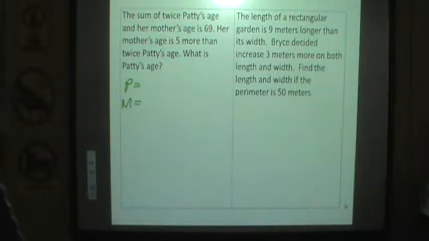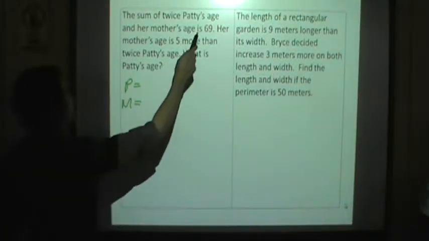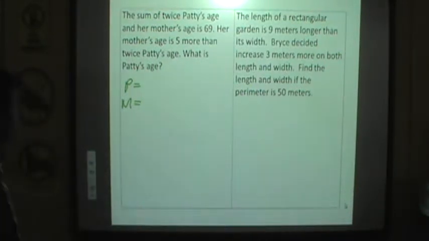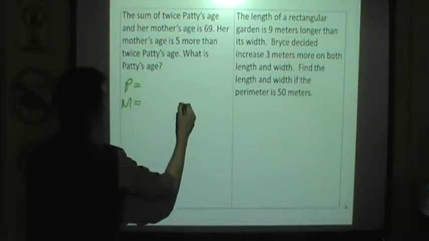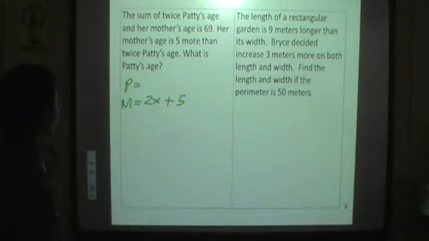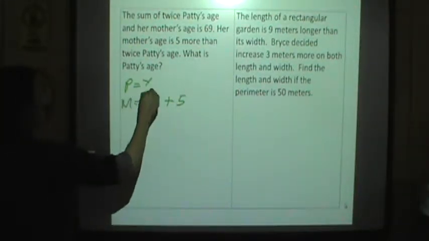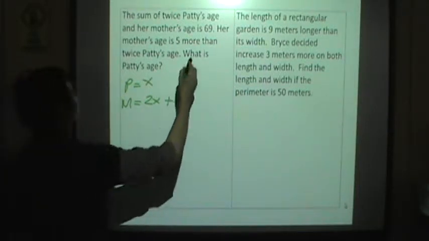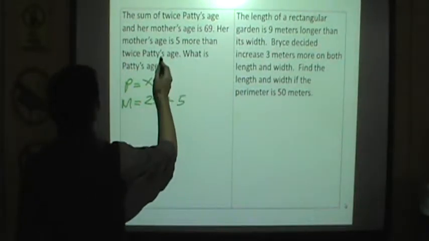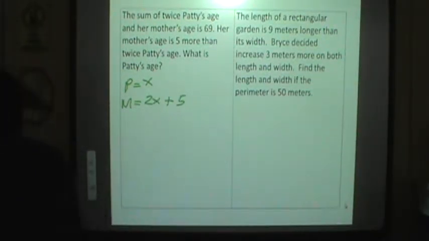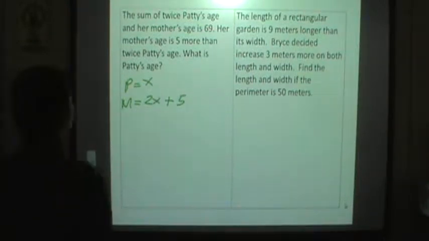Okay? So first, we know that her mother's age is 5 more than twice. How do we write 5 more than twice? This is her mother's age. It's 5 more than twice. So therefore, Patty's age would be x. So her mother's age is 5 more than twice, which is 2x,